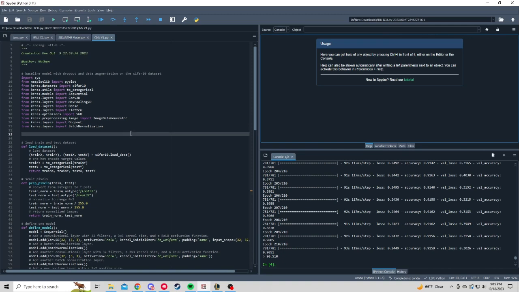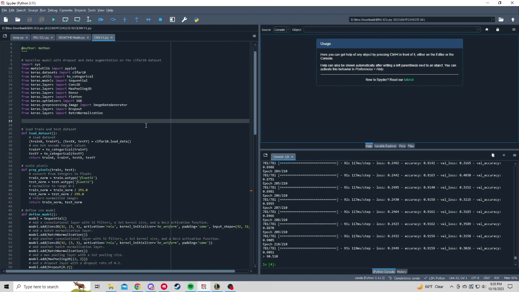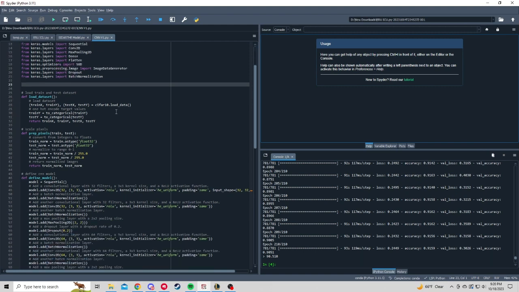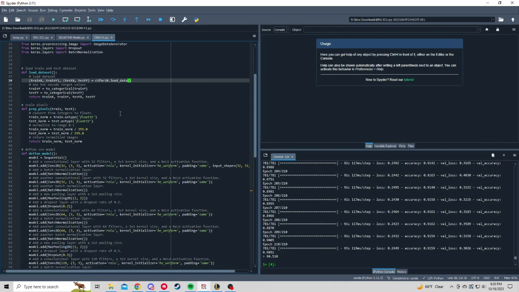So this is my code for the neural network. At the start we import sys, matplotlib's pyplot, and Keras, along with a bunch of different libraries from Keras, such as Dropout and BatchNormalization. And then at the very start we're going to define the load dataset function and load it from CIFAR-10,